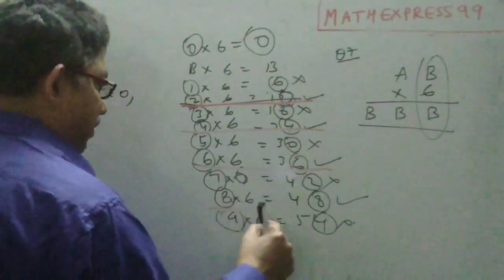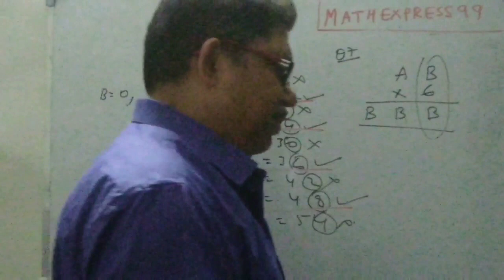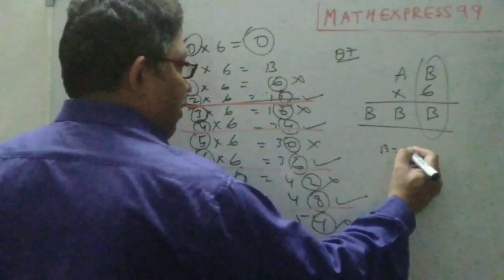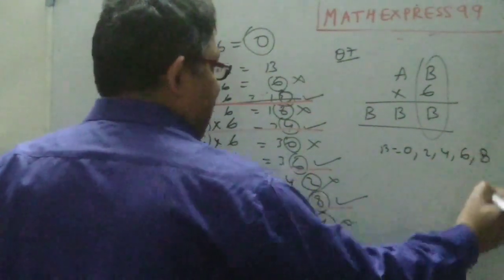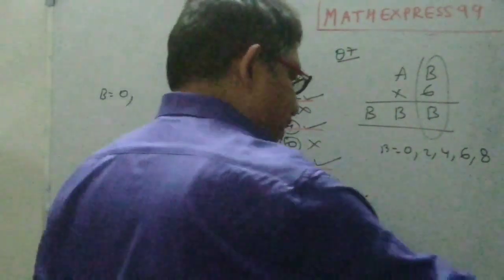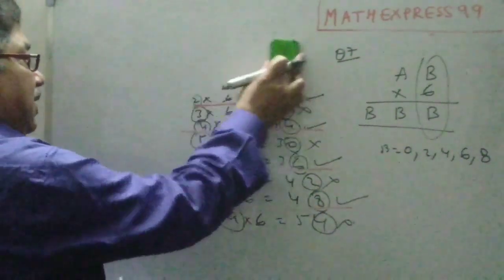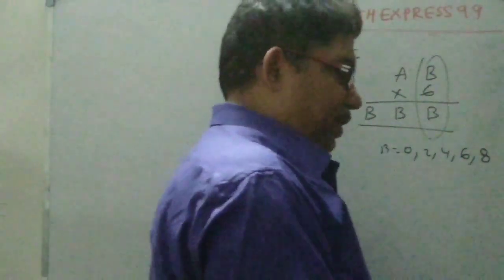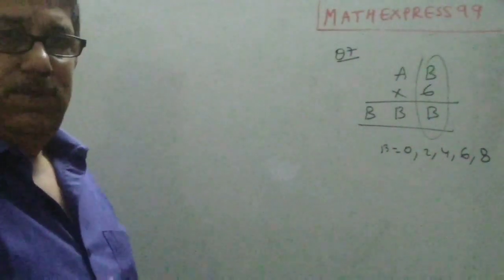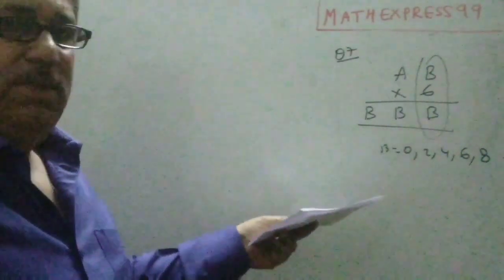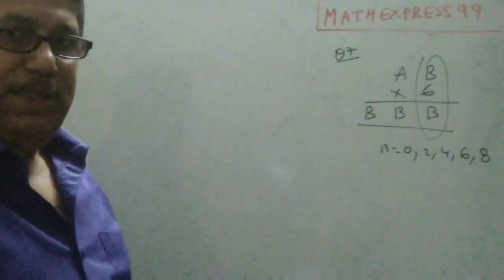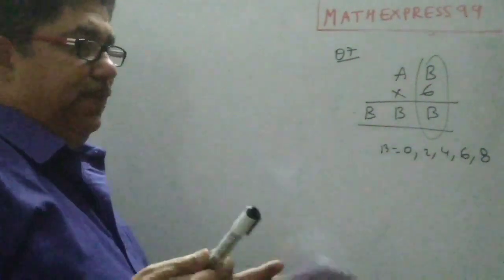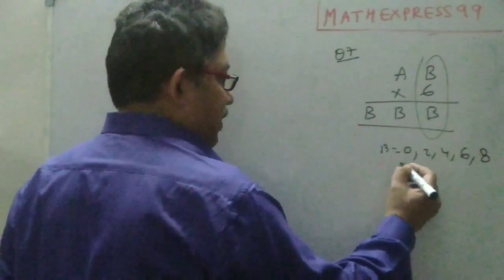So what are all the possibilities? All the possibilities are B can be 0, it can be 2, it can be 4, it can be 6, it can be 8. So you see, first thing has given us all the different options which are available to us. Now one by one we will see what are the options which are useful to us, maybe only one option is working, the other options might get cut out. 0. So if you have 0, 0, 0, you don't want that. So this B equal to 0 is rejected.